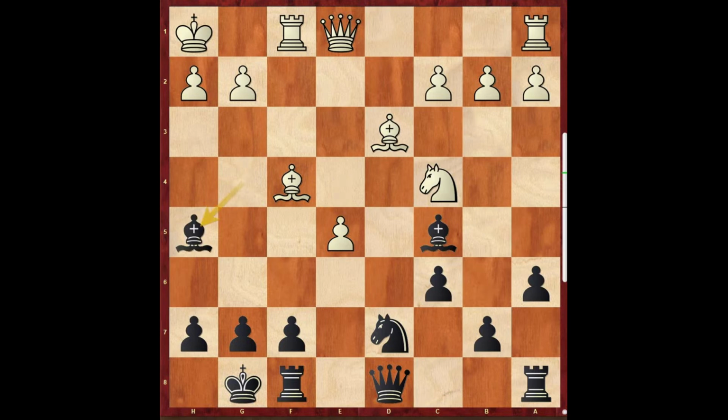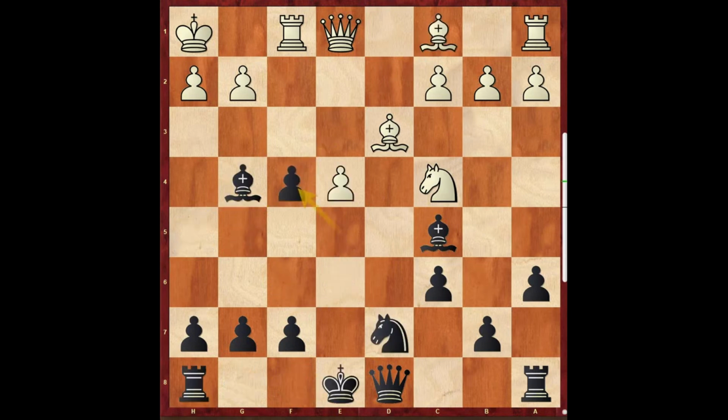Bishop h5, e6, knight f6, and bishop g5. And white is creating significant pressure against black's position. White is clearly better here. Going back,